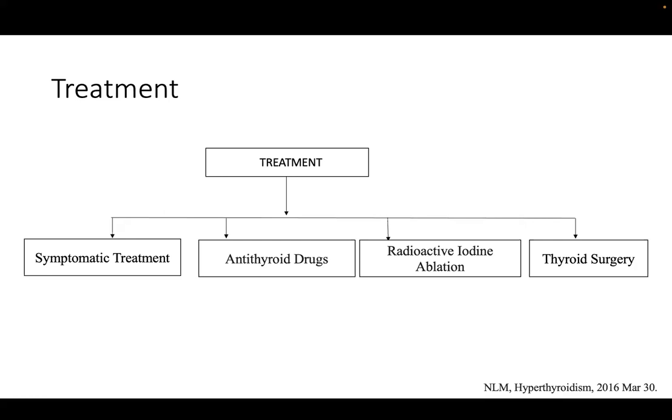So that is important. But in addition, both propranolol and amiodarone have the added benefit of preventing peripheral conversion of T4 to T3, because T4 is the less active form. So peripheral conversion of T4 to T3 will be reduced. For that effect, if the patient is in heart failure, you can also add corticosteroid, which will also have a similar effect of preventing peripheral conversion of T4 to T3.